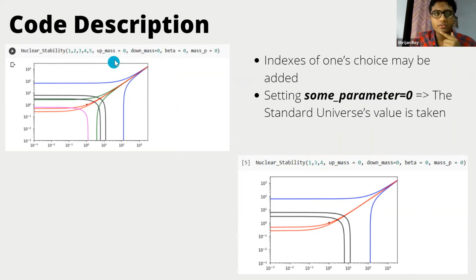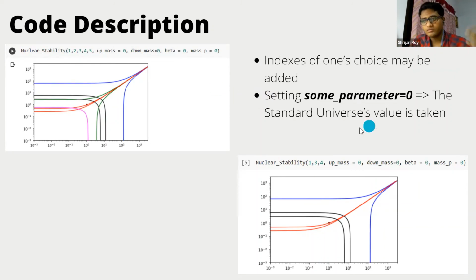And then the important thing is, why set these to 0? The thing is, in the code, we made this change that if the user sets the value of these parameters to be used in the constraint plotting to 0, it won't let the user search the value and literally write it every time he or she writes the code. So he may just write 0, and the standard value of our universe shall be taken there.